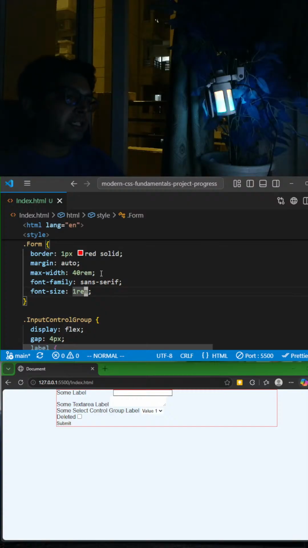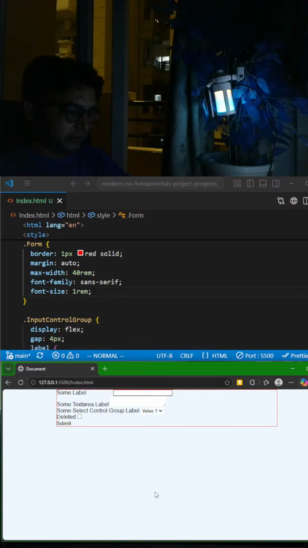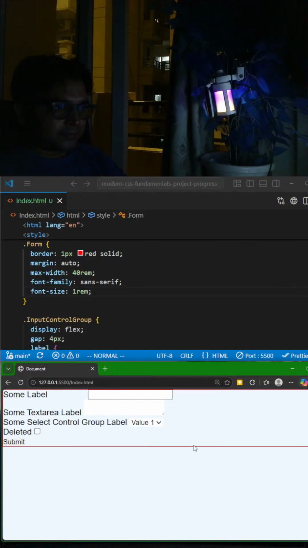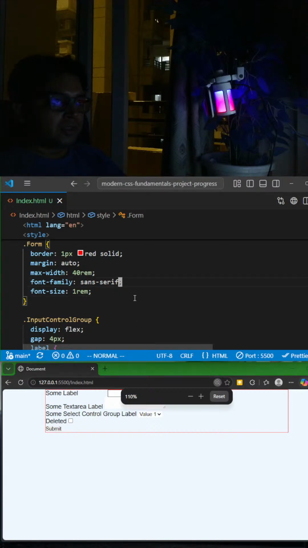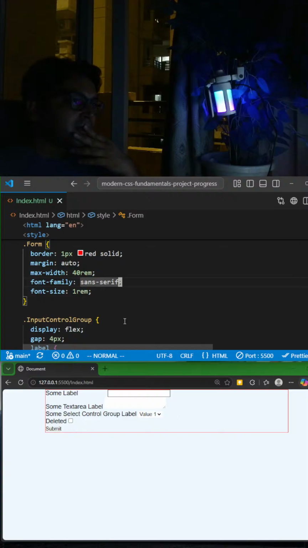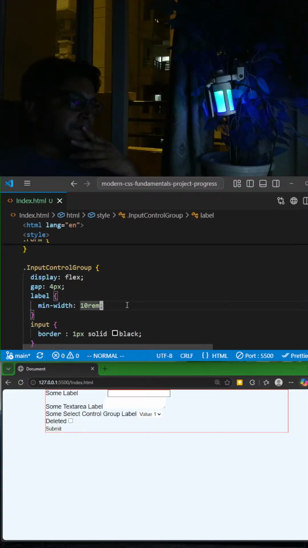So if a user increases the browser's font size, this will increase the size of the text also, because it depends on the size of the font of the browser. 10 rem, min width, max width I'm not going to set,